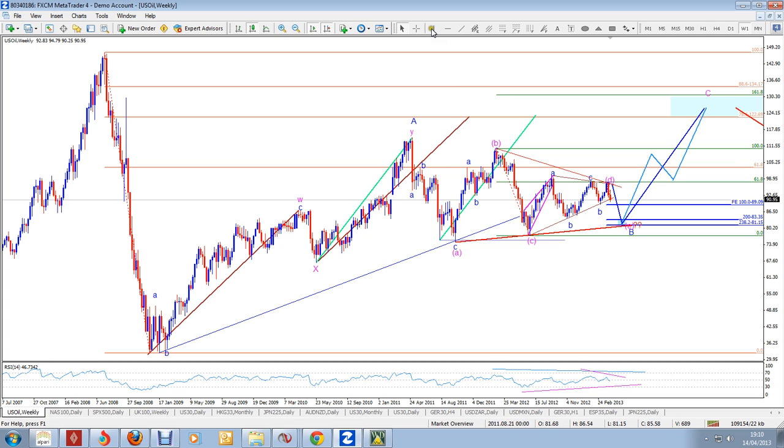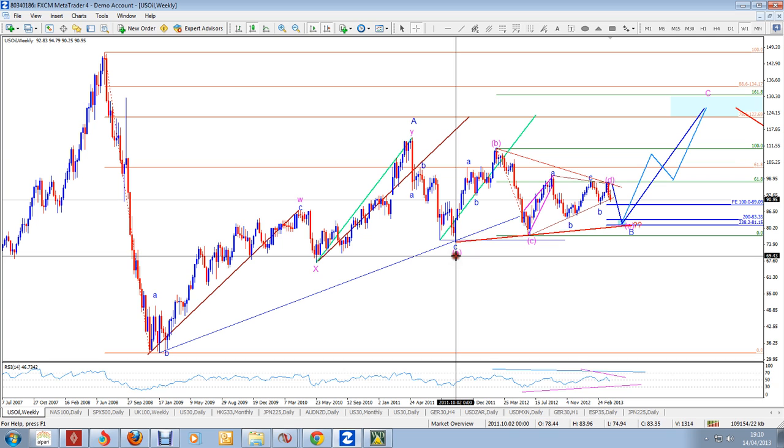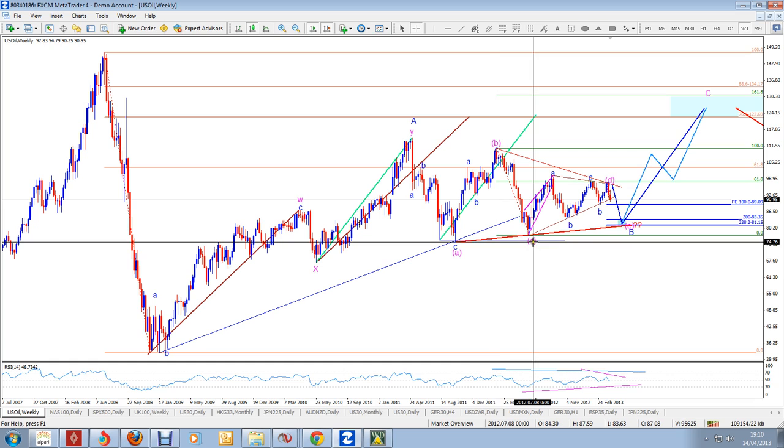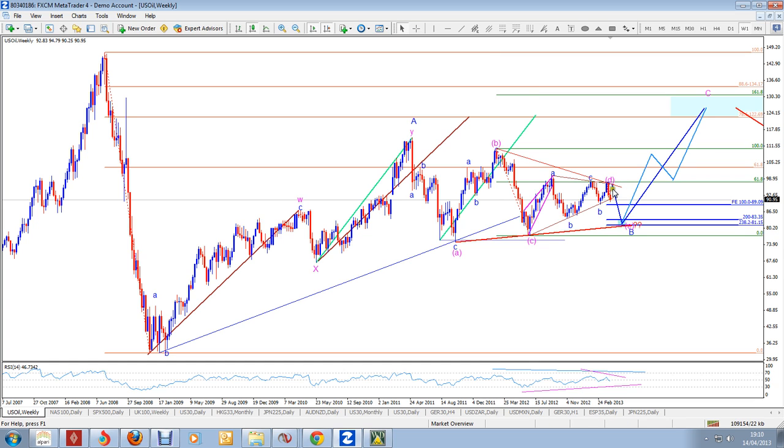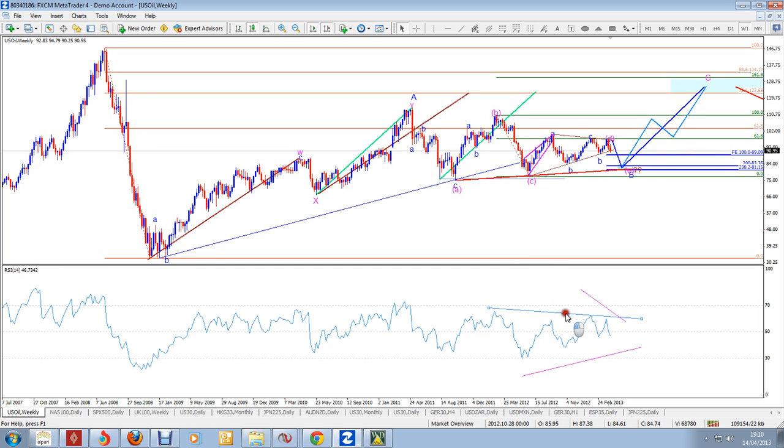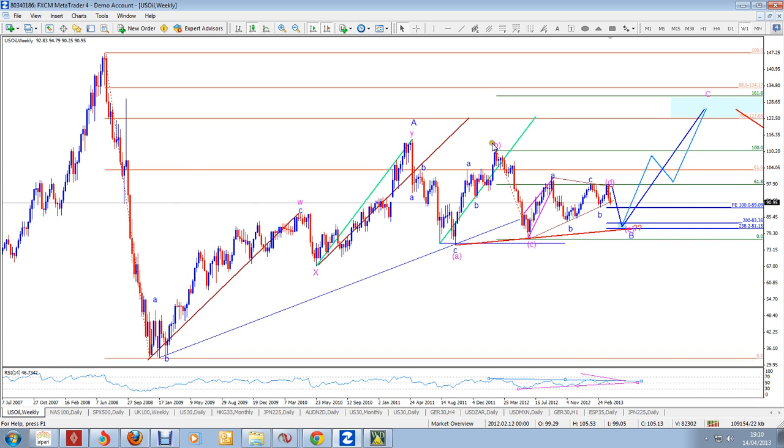okay, let me pull back a little bit. So here we have wave A in bracket, wave B in bracket, wave C in bracket, and then this area here, if I take this line off, you can see it's a sort of a triangle, and it also goes triangle within the RSI here. So I think what's happening there possibly is that we've got wave B, we've got wave C, and then we have a triangle which is A, B, C, D, E, and that gives us